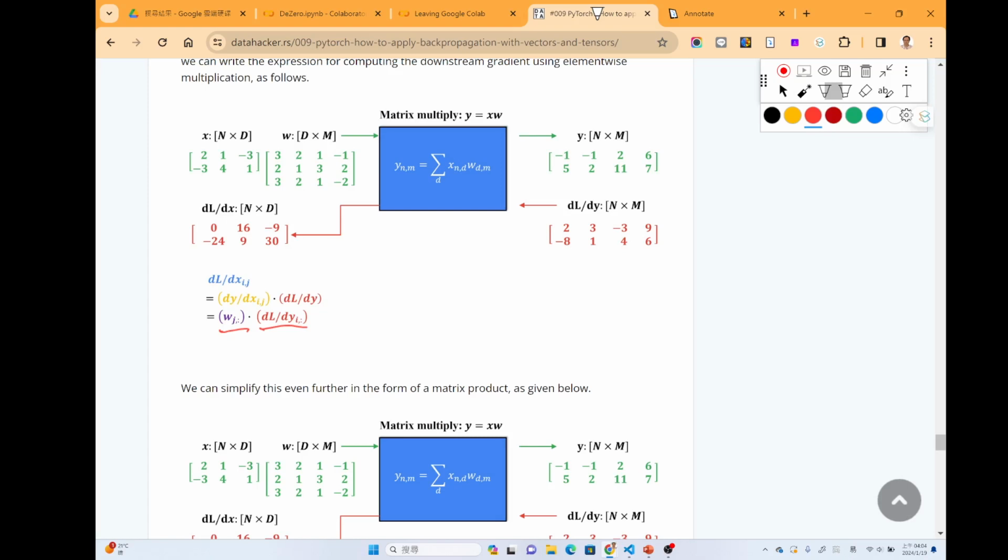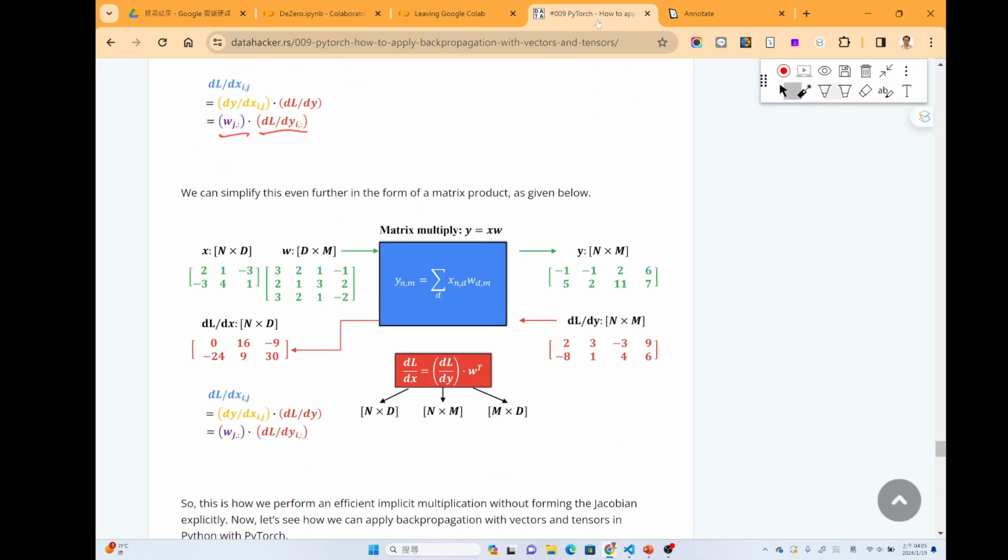We can write this down by using the matrix multiplication. But in the matrix multiplication, we actually get one of the columns and one of the rows. So actually we can write this formula in this form.